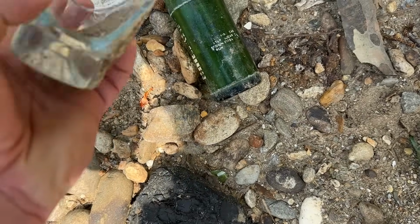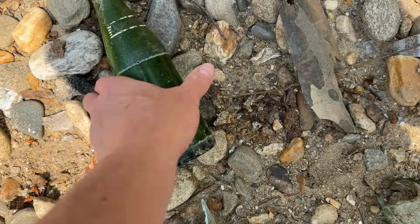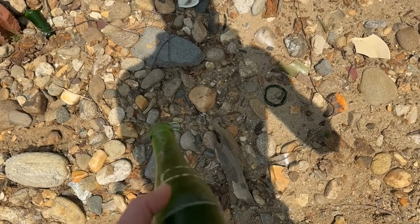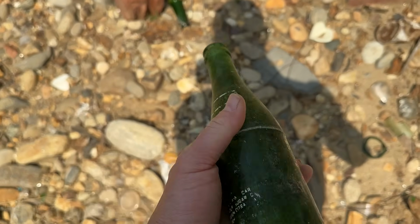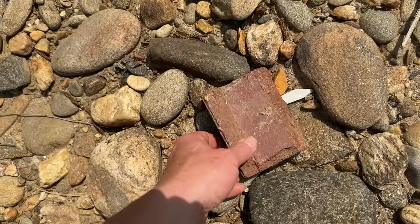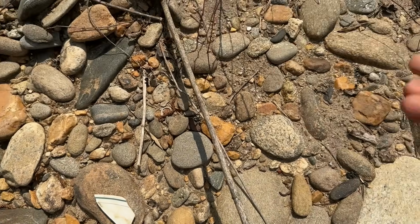This is a cool bottom of a bottle. Unfortunately, it's broken, but look at the bottom of that. That's cool. And right here, we got an old, this is like an old Mountain Dew or Sprite bottle, something like that. Haven't found but a couple of complete ones yet, but I have found one, a Sprite, and then this one. So as I'm looking around here, there's all kinds of stuff, bricks, old pieces of plates and stuff, really pretty